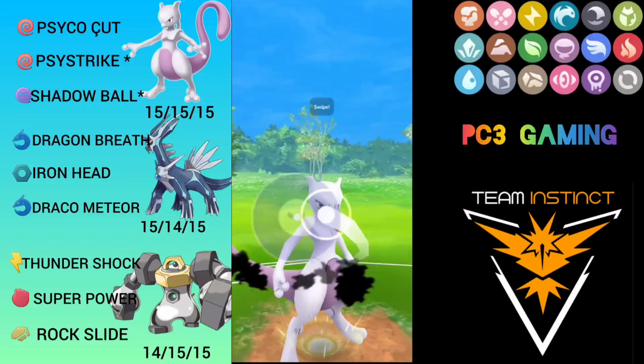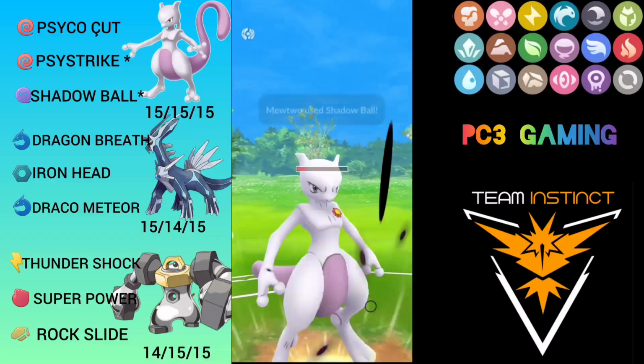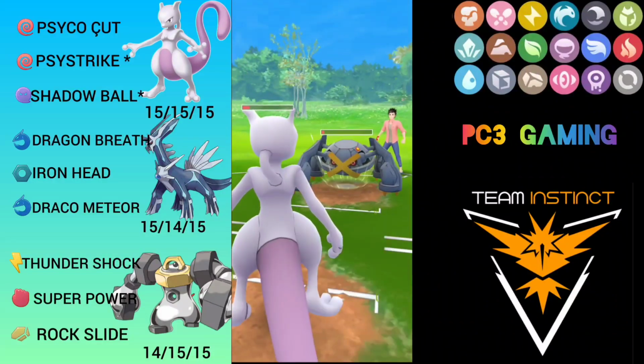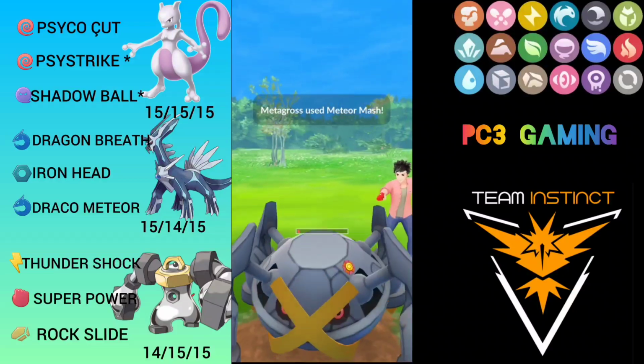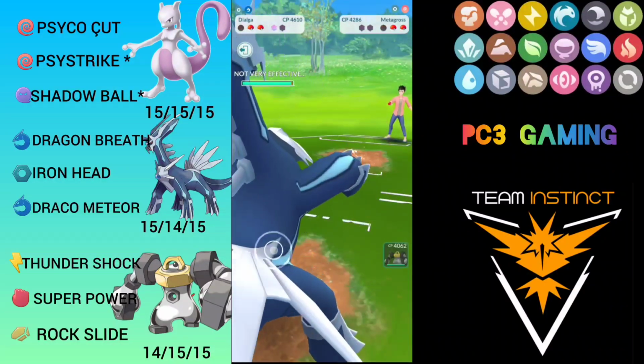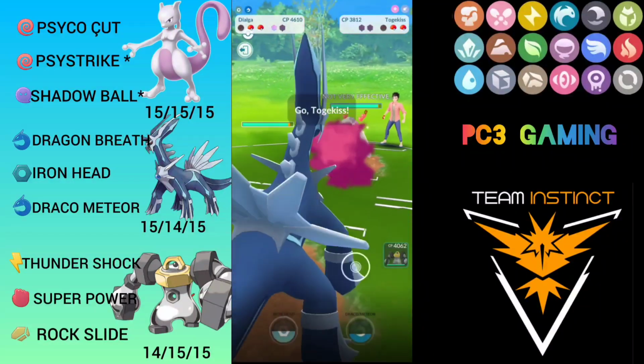Hopefully he throws his energy, otherwise I'm in a bit of trouble. So I'm going to go for the Shadow Ball and this gets him very low and he throws it. That's very good for me. Now I can Dragon Breathe him down and he throws Meteor Mash. I'm going to come with Dialga just to Dragon Breathe and he's not going to send the Dragonite, he sends